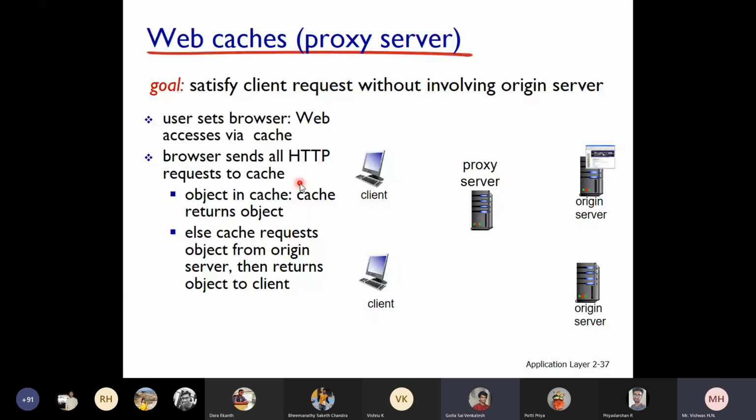Yes, sir. Now can you see the next slide, more about web caching? No, sir.